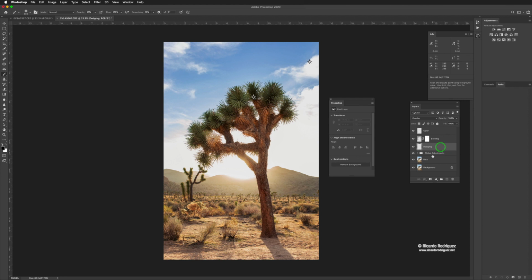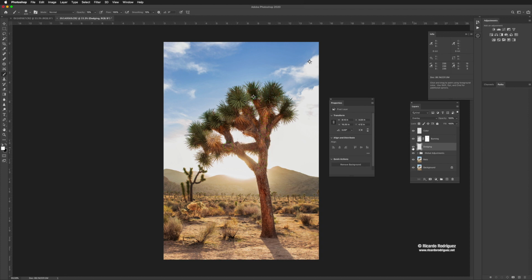The same thing you can do for dodging. If you want to make something lighter, then you add white. And remember, you're not really painting with white. It's because the layers and overlay is making it brighter. So I can go here, and if I want to make the trunk of the tree stand out a little bit more, or these areas here that are darker,